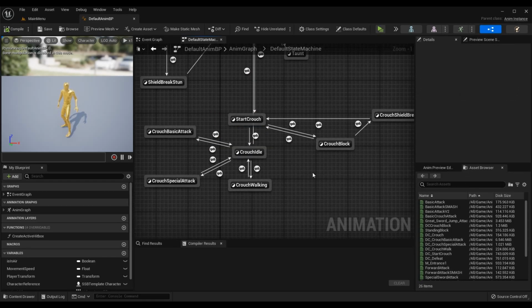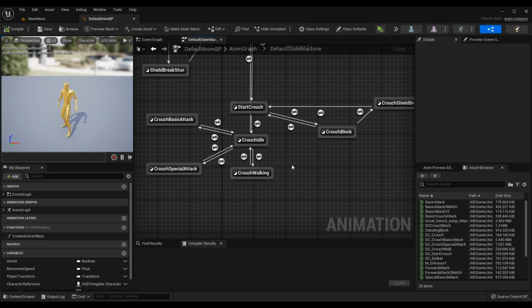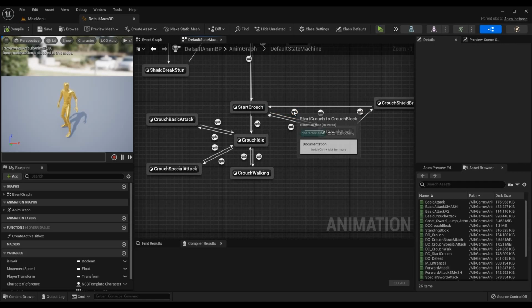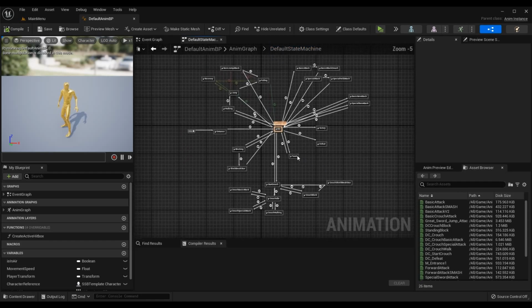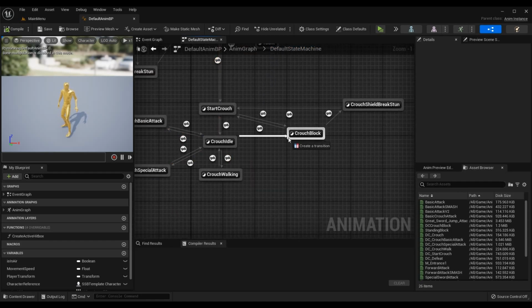Now there's one other thing we should do that I didn't do yet, and that is move over the crouch block behavior to the crouch idle instead of the start crouch. So this is how it was previously in the series. We can move these states over to crouch idle. So start crouch to crouch block was working based on if the character state was blocking or not, which makes sense. We can copy the behavior in there, make a new transition rule from crouch idle to crouch block, and